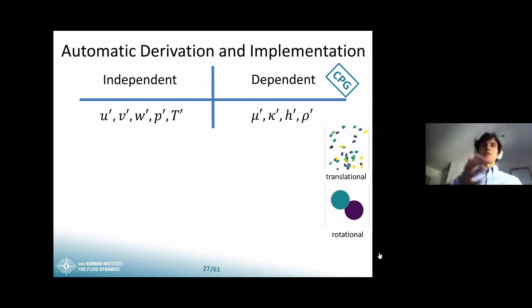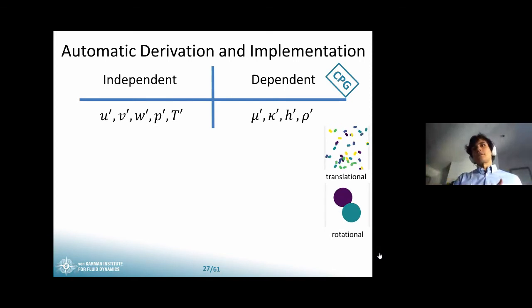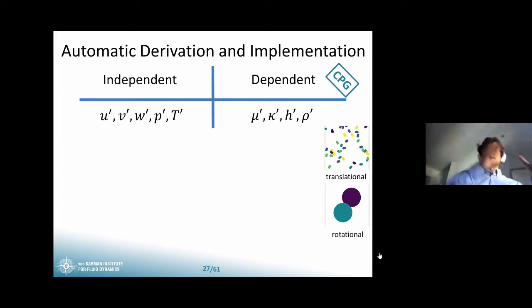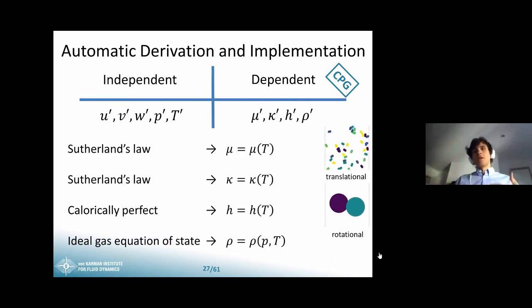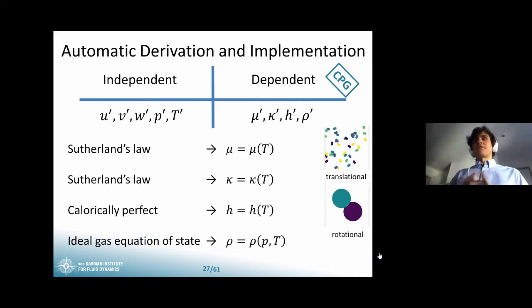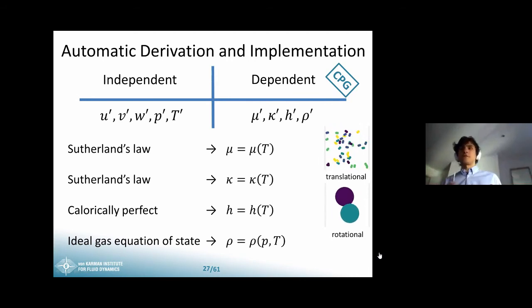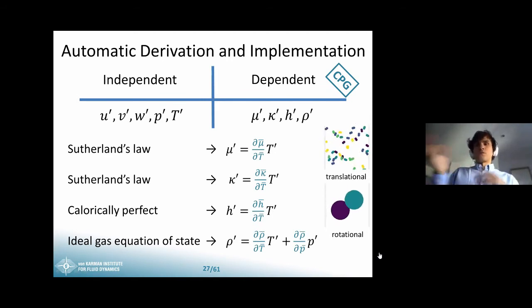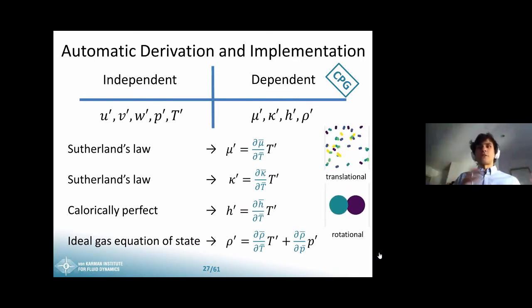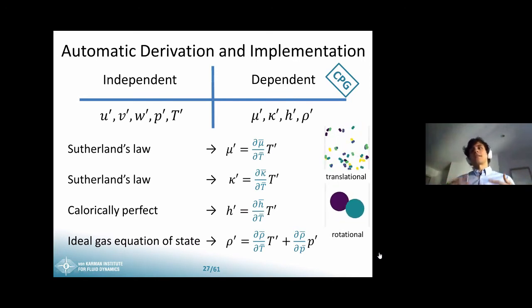But at the end of the day, we only solve for the independent perturbation quantities, which means that we have to find a way to express the dependent perturbations as a function of the independent. And to that, what we do is we exploit their functional relationship to them, which conveniently in perfect gas are rather simple expressions. So we can just Taylor expand this around the base flow and basically substitute them. So once we do this, we get these thermodynamic derivatives, which, as we said, for perfect gas can be computed relatively easily because the expressions are not very complex.